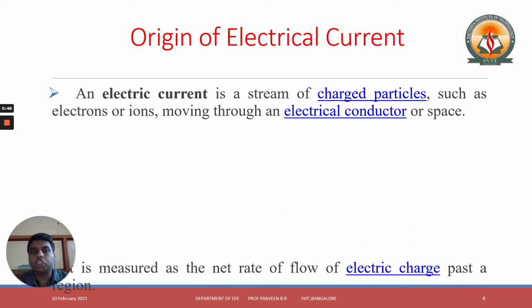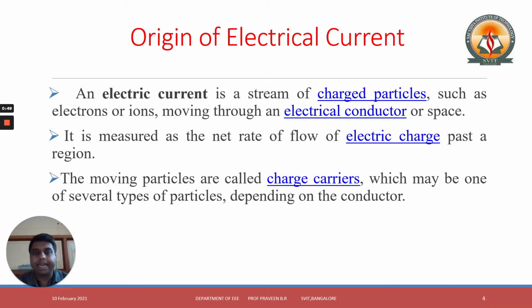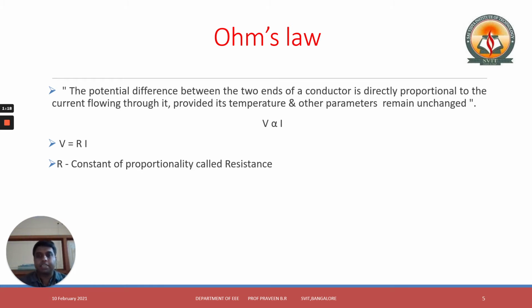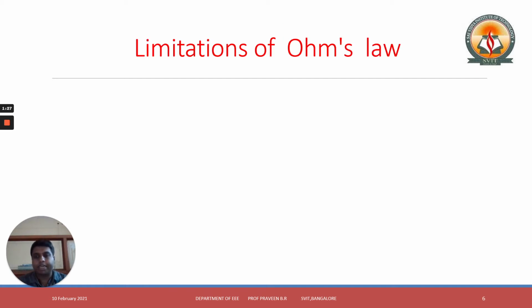So, first, let us see what is Ohm's law. Ohm's law is the relationship between the two quantities, that is electric current and electric voltage. The statement of Ohm's law is: at constant temperature and constant pressure, the voltage is directly proportional to current. So when I remove the proportionality, I get a constant of proportionality, that is resistance. Therefore, I get V is equal to R into I, where R is the constant of proportionality called resistance. Resistance is defined as the opposition to the flow of electric current, where V is the voltage, I is the current, and R is the resistance measured in ohms.